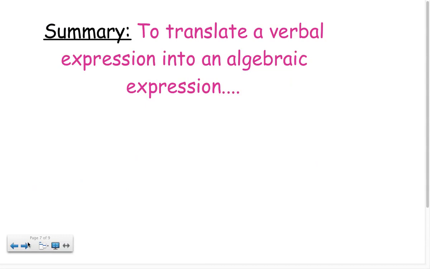Summary. To translate a verbal expression into an algebraic expression, change the words